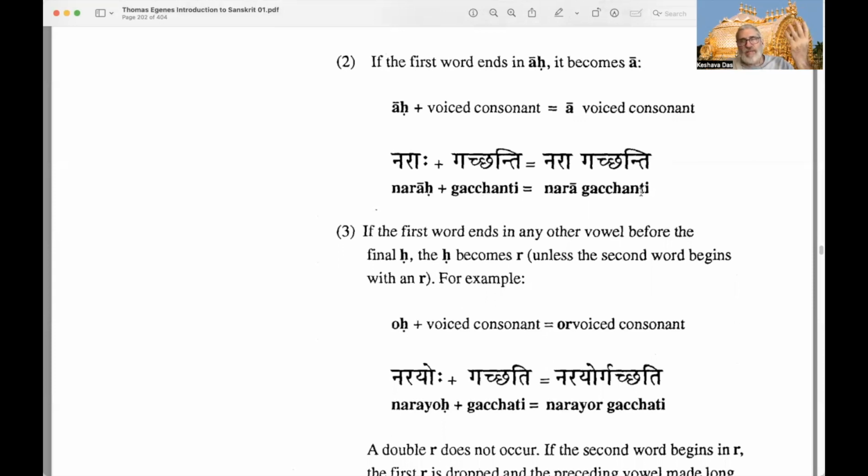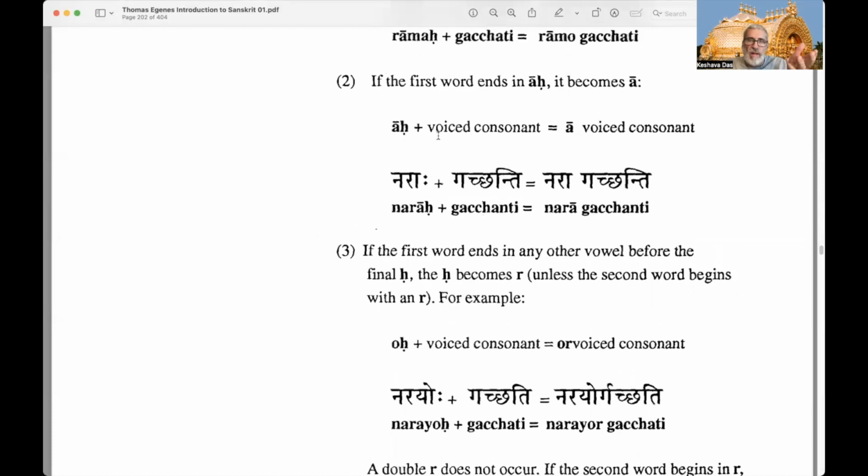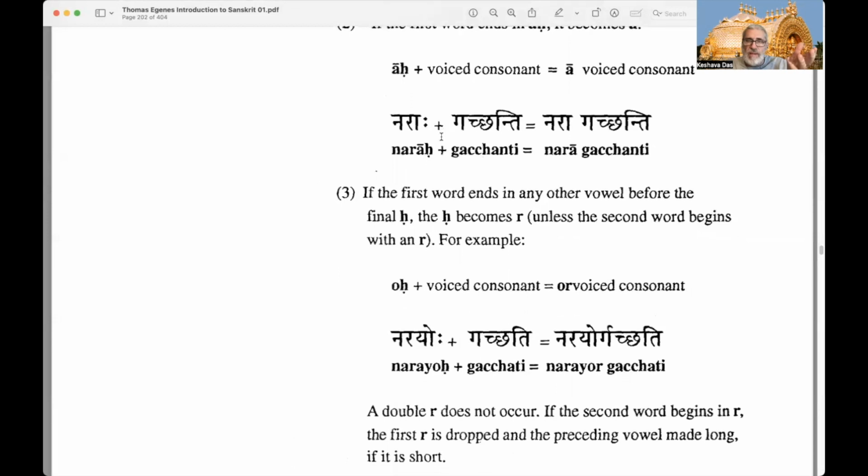So just the same as if it was a vowel, right? So if the second word was beginning with a vowel, or a long a, let's say, long a visarga followed by a voiced consonant becomes long a and the voiced consonant. So we have naraha as the example. Naraha, plural, followed by gachati. So long a visarga followed by a voiced consonant ga. Then the visarga just drops out. So we have nara gachanti,